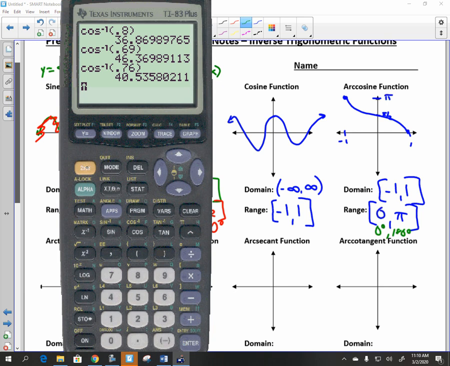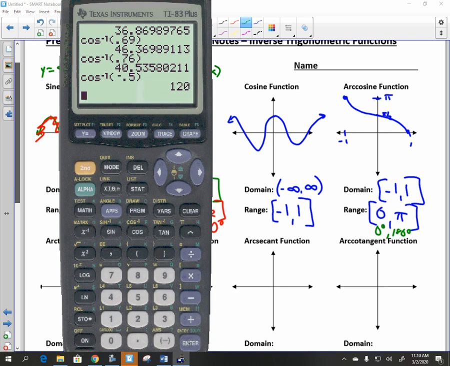What if I plug in some negatives? Cosine inverse of negative 0.5. I get 120 degrees. So you do cosine inverse. What'd you say? Negative 0.99. Great. And I get